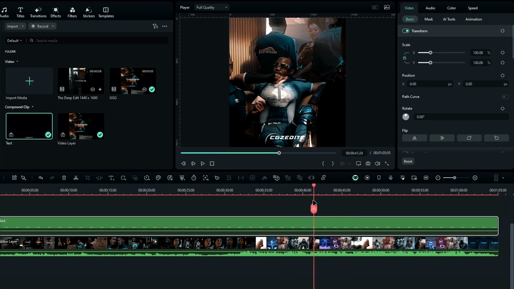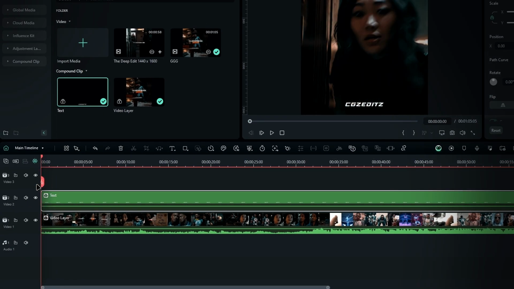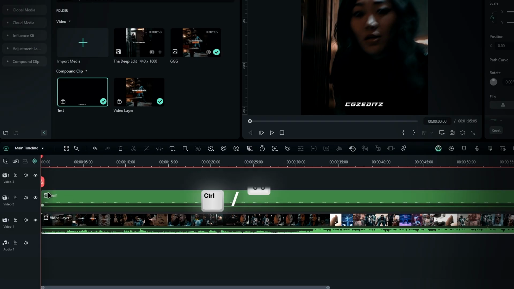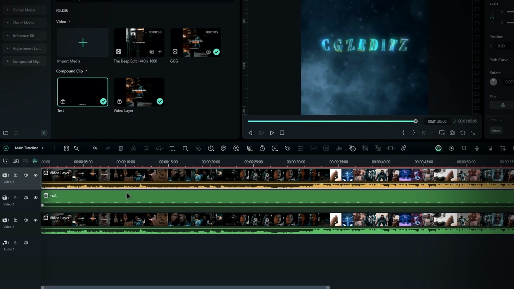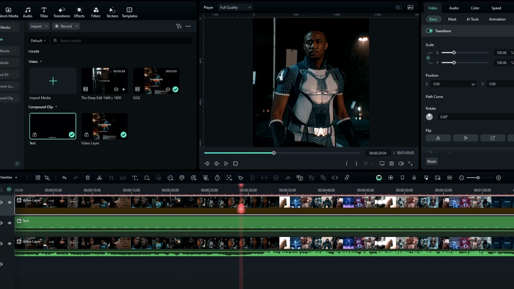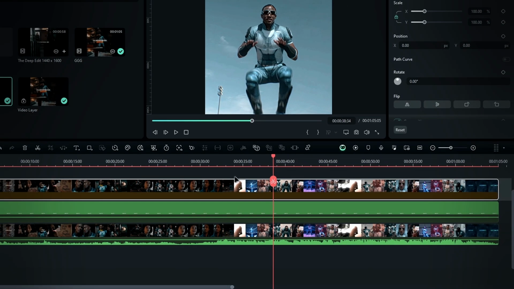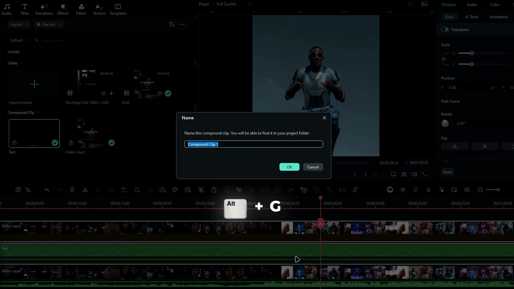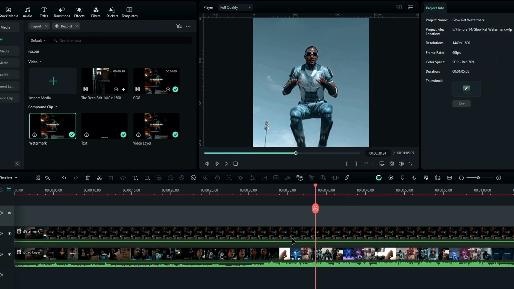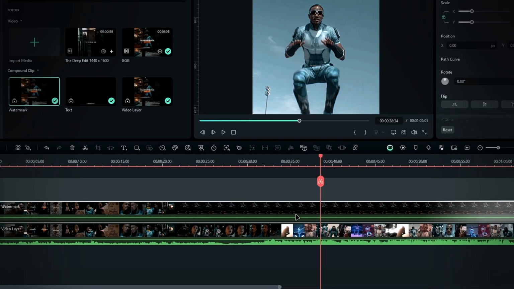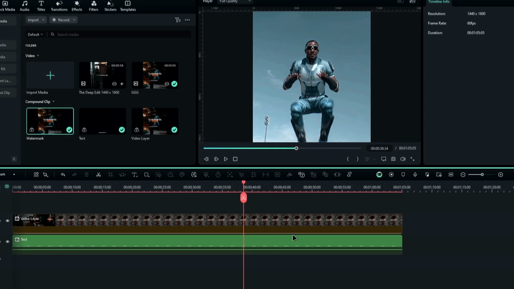Alright, now let's move on to the next step, adding a reflection look to the text. So here's how to do that. First, duplicate your video layer like this. And don't forget to mute the sound on the duplicated layer. Then, select both the duplicated video layer and the text layer and change them into a compound clip. So I named it Watermark. After creating the compound clip, go into the compound clip,